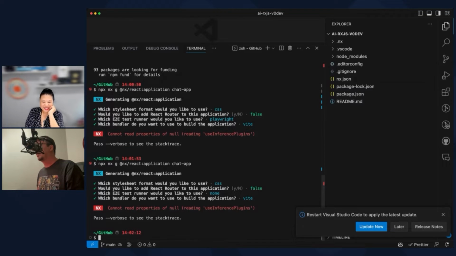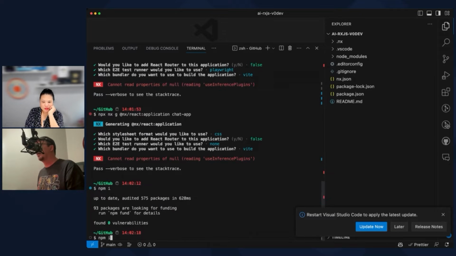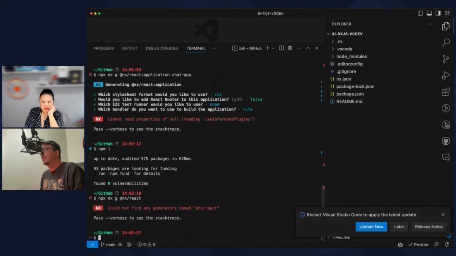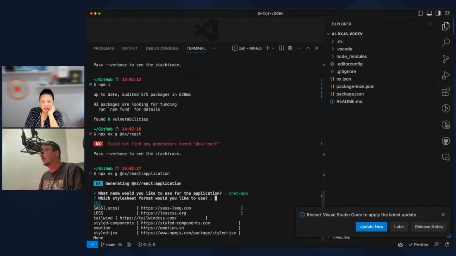Really? What's wrong? It's not wanting to run whatever this is. Let's see. What do you want to do? Cannot find any generators named that. It's fine. There we go.